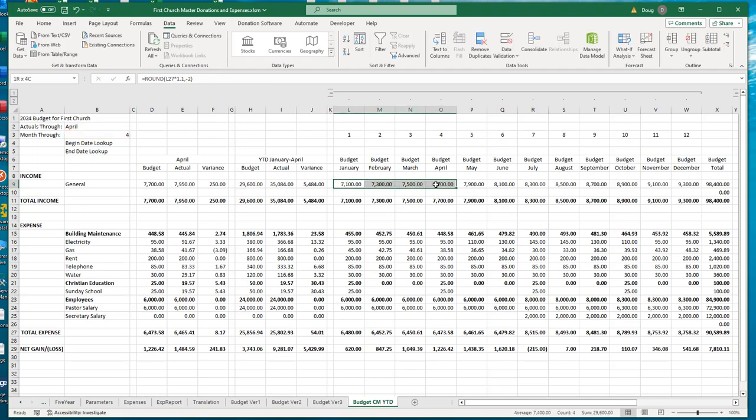Okay, and we just sum all of that. So that's how this formula works